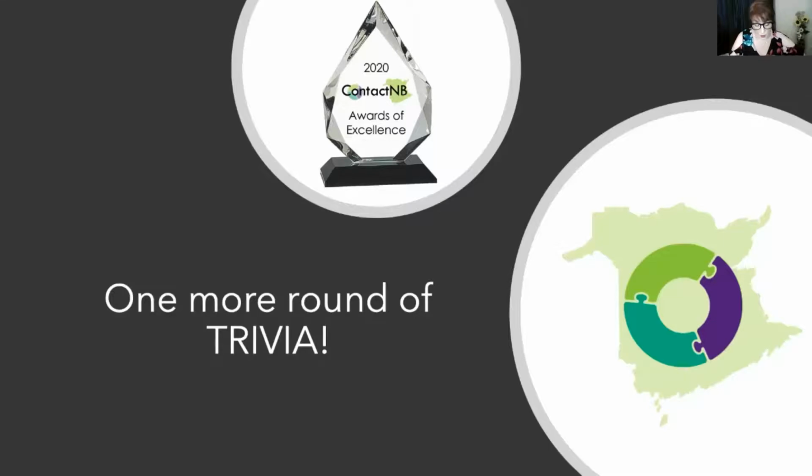Okay, so question 4. How many Christmas trees are harvested in New Brunswick each year? This is multiple choice, okay, guys? So over 100,000, over 500,000, over 200,000, or over 1 million trees? You guys have a chance to think about that. And the answer is over 500,000 trees. That's a lot of trees, you guys. That's unbelievable. You guys are good at trivia. You guys are really good at this. I'm really, really pleased with you guys.